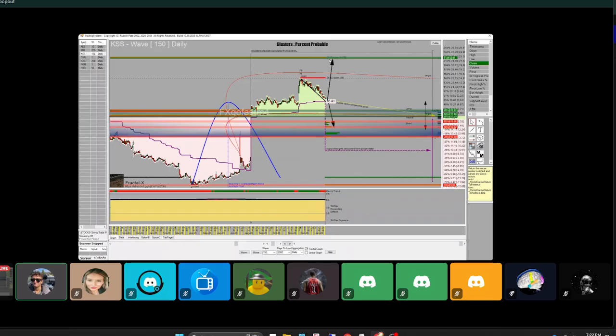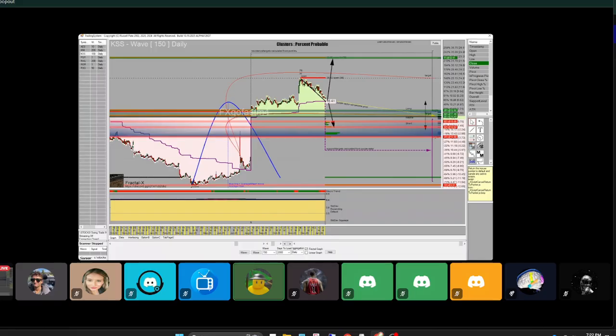32.88 would be a big run in this name. So I'm gonna take a picture of this. I had to do more research about the valuation and just the financial situation of this company. But on the Fractal side, that's what I'm seeing with this compression expansion setup. Let's see. Okay, there's a picture.